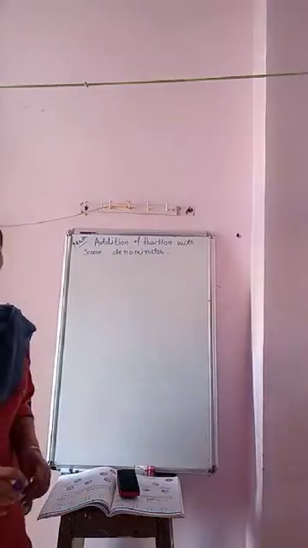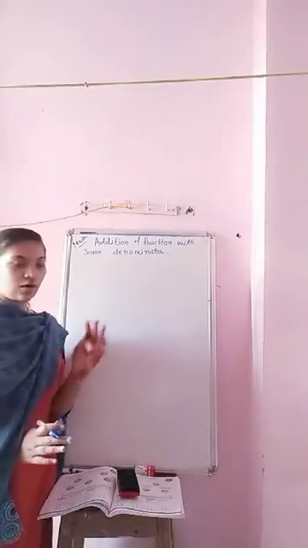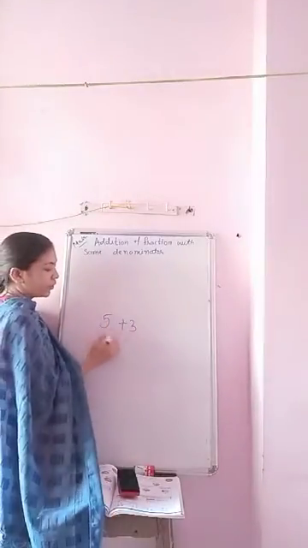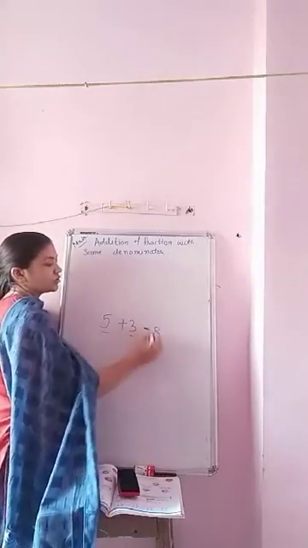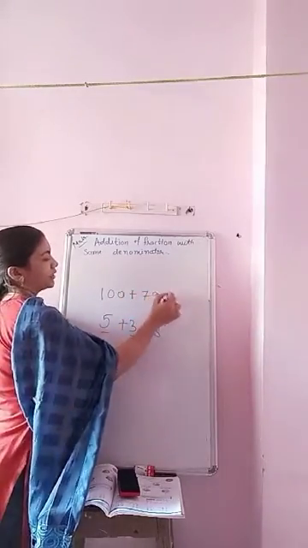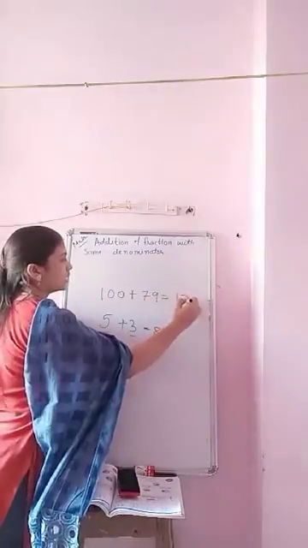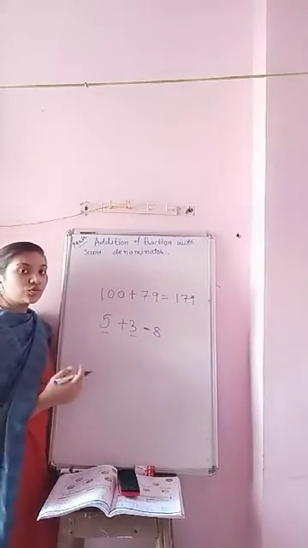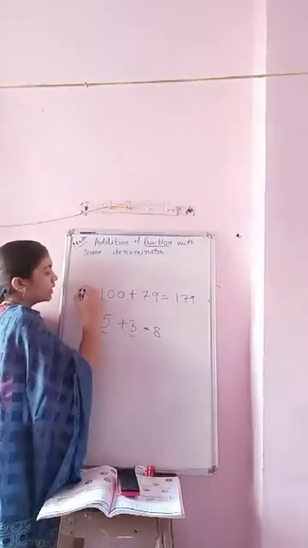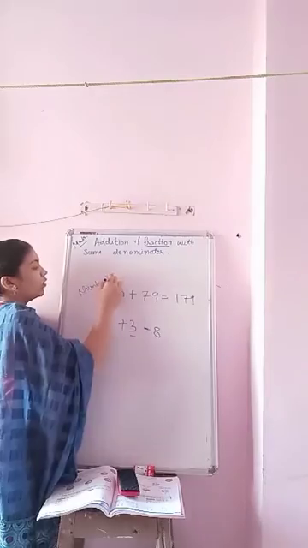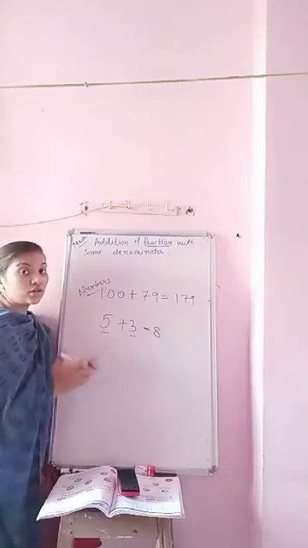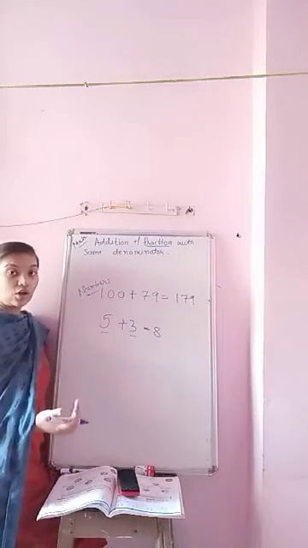Okay, so as you know what is the meaning of addition. For example, 5 plus 3 is one type of addition. 5 plus 3 equals 8. 100 plus 79, then you are doing the addition for that, 179. These are the simple numbers. Till now we are doing addition for the simple numbers. Now we are going to learn how to do addition of fractions.